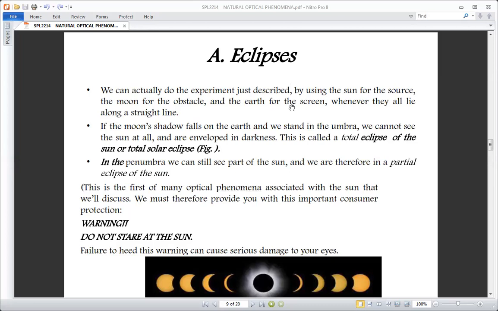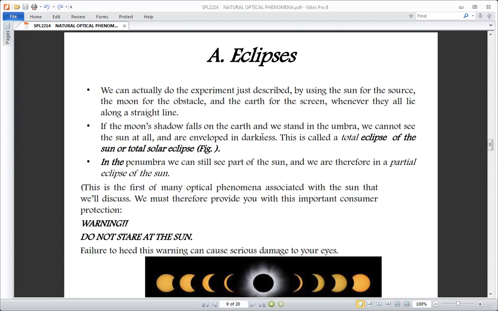So the first eclipse that is usually a very interesting optical phenomenon is when you have the sun on the extreme end, you have the moon in the middle, and you have the earth on the other end. What happens, of course, is that the rays from the sun will be blocked by the moon, and they will not be able to reach the earth. So like we have said,